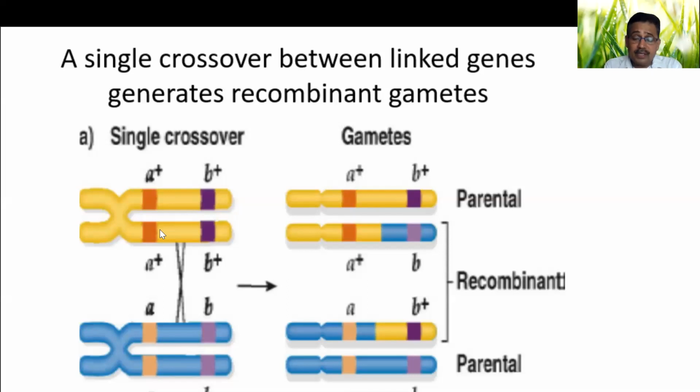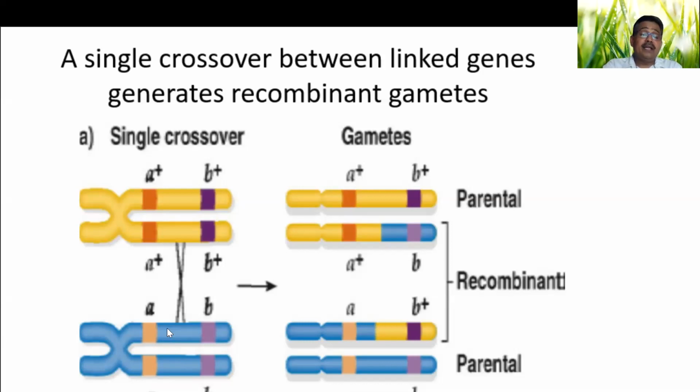When they come together during meiosis 1, we call it synapsis. During the pairing of the homologous chromosomes, they have the possibility of exchanging chromatid segments. Between homologous chromosomes, there is a possibility of exchanging chromosome segments if the crossover occurs. If the crossover occurs, definitely the exchange of chromatid segments happens. This is the whole principle by which we normally calculate the recombination frequency.